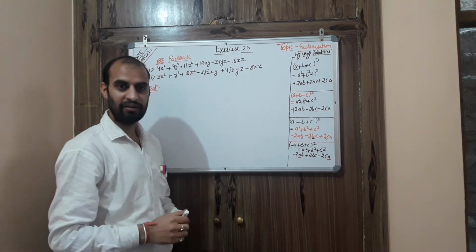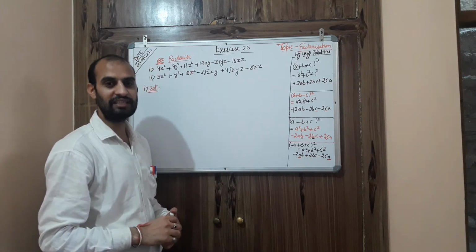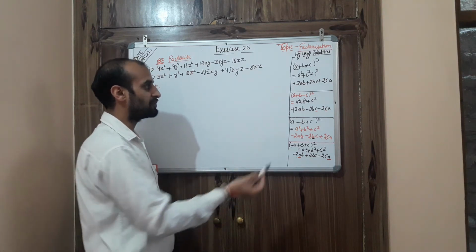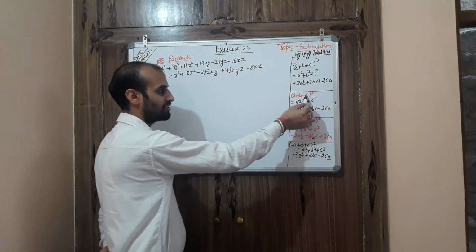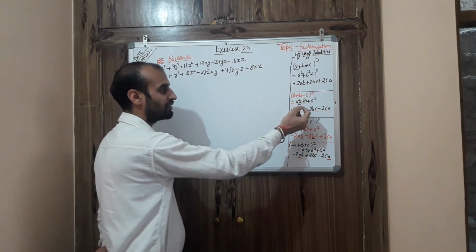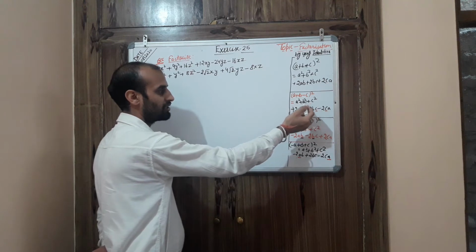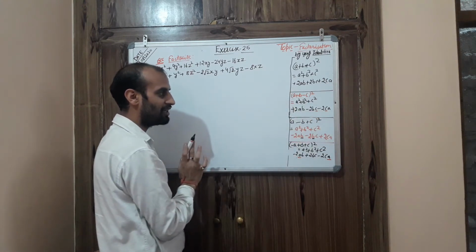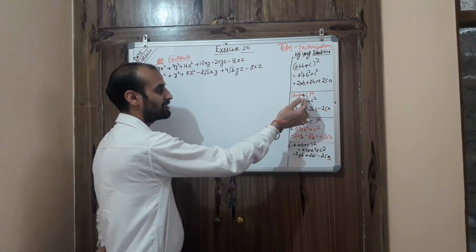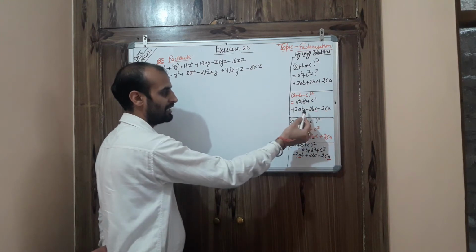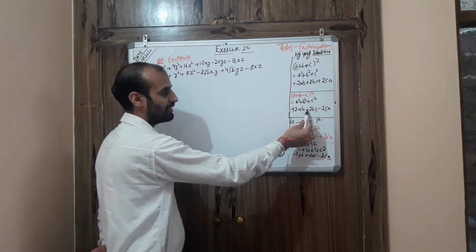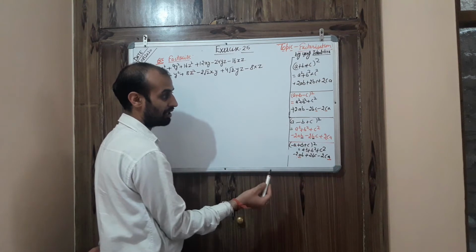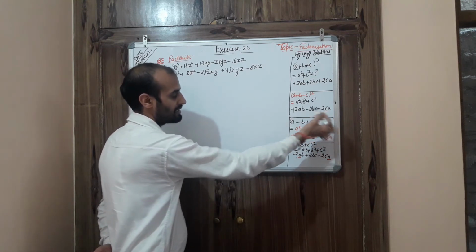In this way you can write it, but my dear students, if I change the signs, see: if c is negative, if the last term is negative, the first three terms do not change. a square, b square, c square remain the same, but see the effect of this minus c. Where would the sign changes be? You can check the second term is negative, and the last term is negative. How? Both terms contain c.